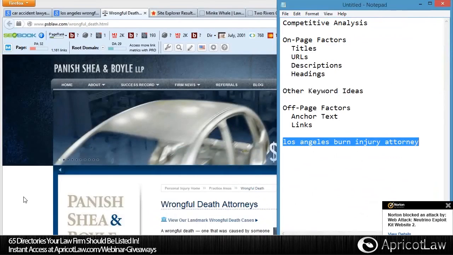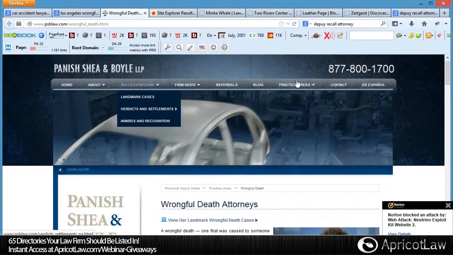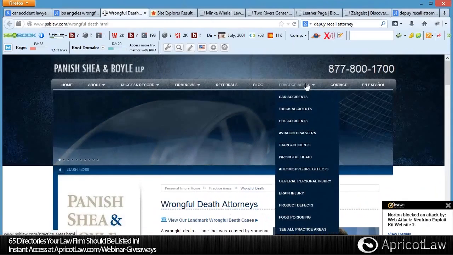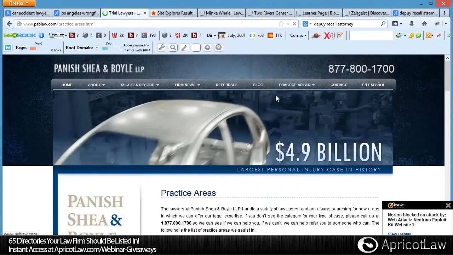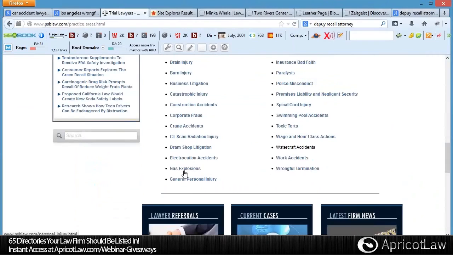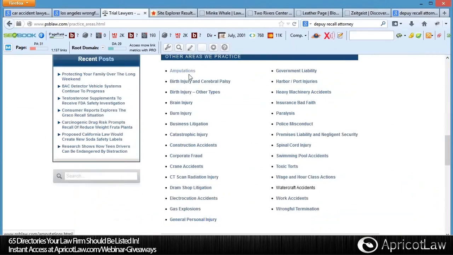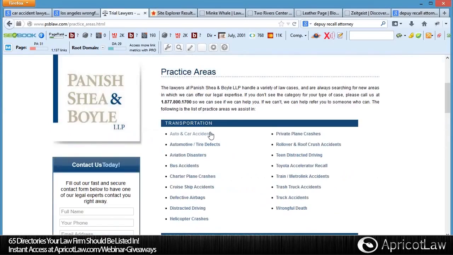What I like to do to get keyword ideas is, while I'm looking through these different websites, you could look at their practice areas and copy and paste all of their different ones. So do you see these are all keywords here. These are keywords that you could go after. And let's say you want to specialize in these keywords in the Los Angeles area. Well, you just put Los Angeles amputations or Los Angeles amputation attorney in front of it. But you have your secretary or your assistant copy all of these terms down